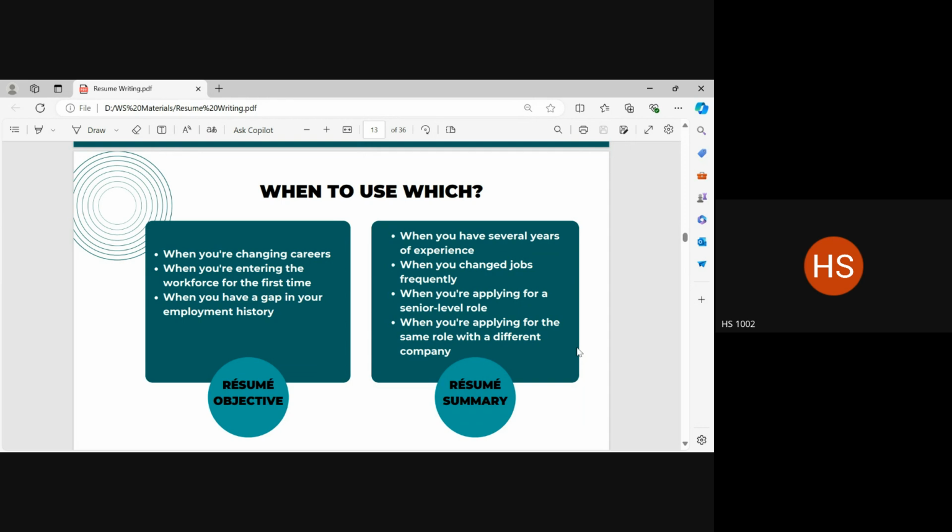That is why we use an objective there instead of a summary. This doesn't mean that you need to be ashamed of any employment gaps in your history. Do not, once again, do not discourage yourself. Do not undervalue yourself.